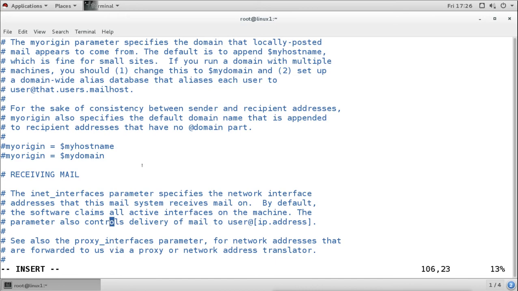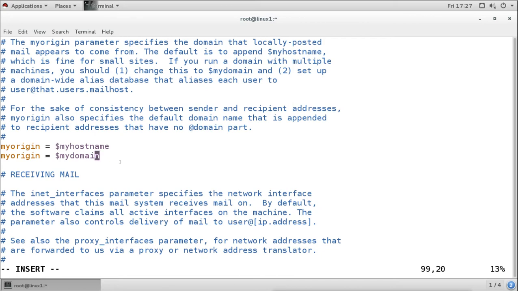Like for example, here I am giving the my origin configuration. So I say my origin, I will enable the line. I say my origin means my host name. I am using the variable here. Then again I say my origin is my domain name. That means if suppose we want to send a mail to someone, this host name or domain name will be added automatically. Like for example, I want to send a mail to user 1, or to user 2.